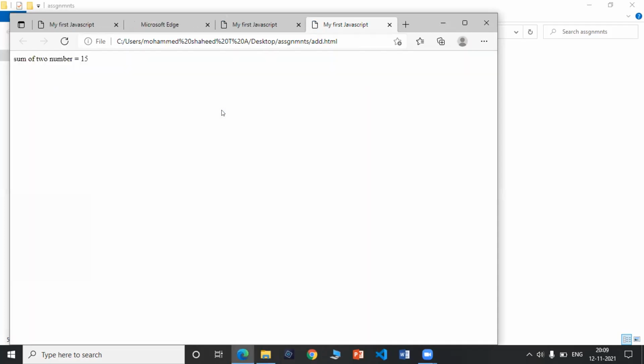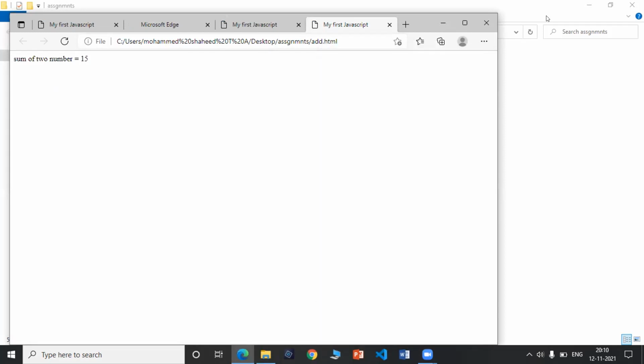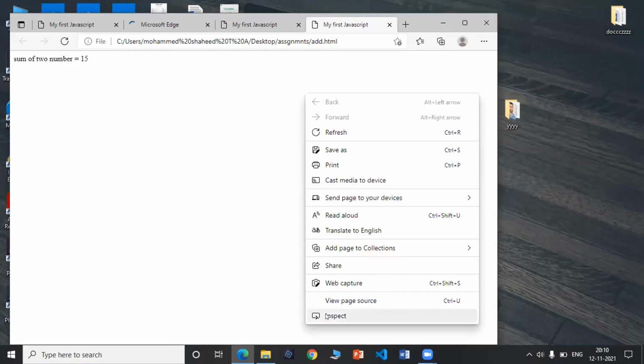Yeah, can you go to the code? You can just right click and inspect, you can do it. Right click on this, view page source.